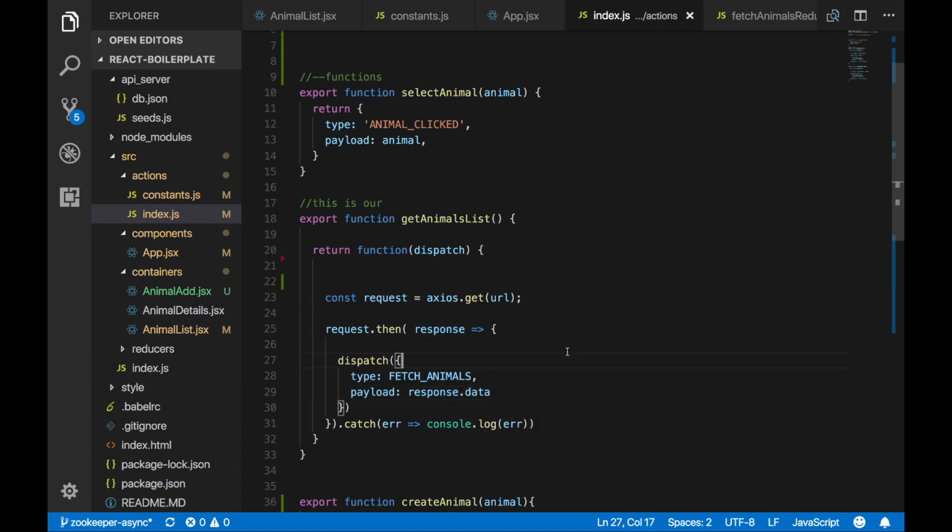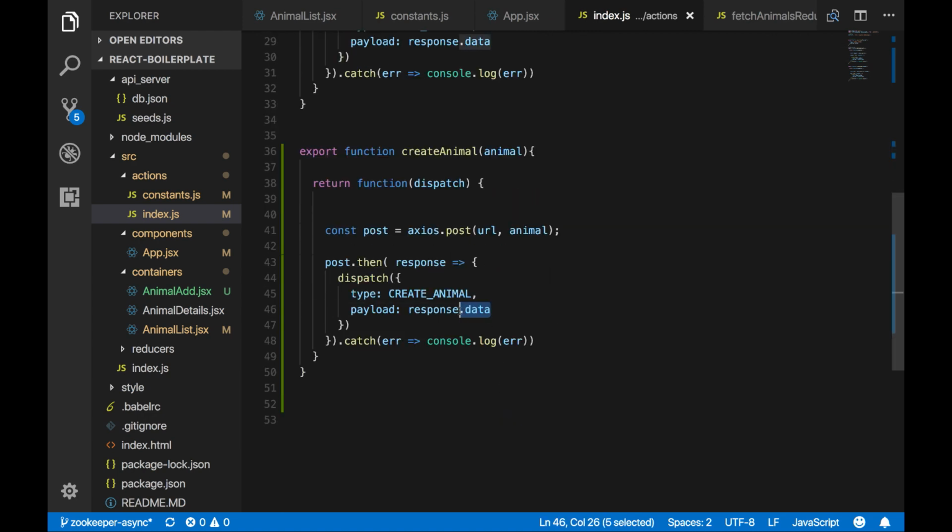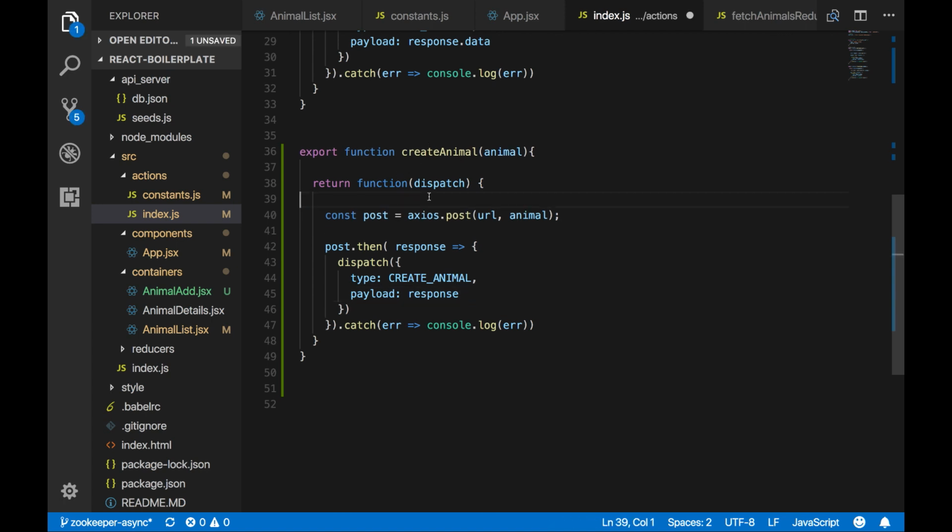Let's just keep it. I'm in the wrong function. Sorry guys, there was something I'd like to show you, so I need to be in the right function for it. I need to be in the function create animal here. And in this create animal function, I will remove the data from the response, because I'm curious about what